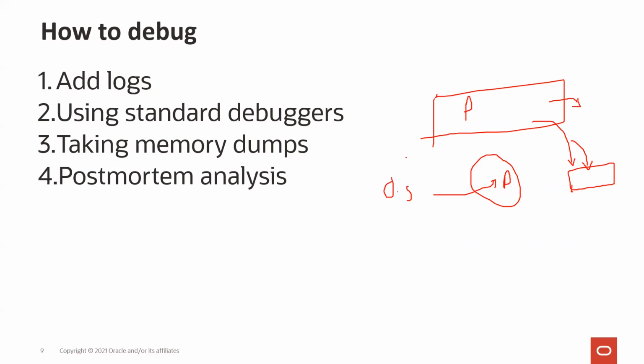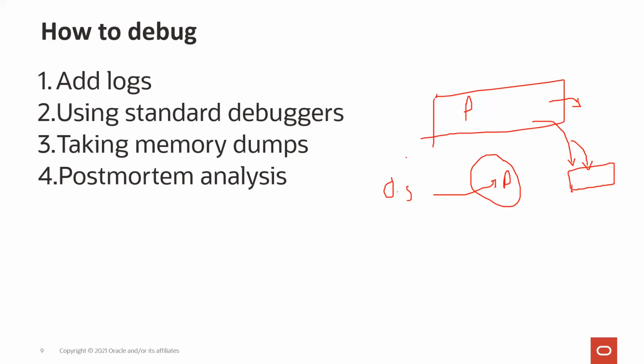What action is it trying to do? It is not allowed to do that action, so a signal will be generated. Once the signal is generated, the first high-priority task is that all the threads will be paused. They are all put into a safe point, and then you take a complete dump, and then let the application crash. The process terminates. It just terminates the process. So it is like that.